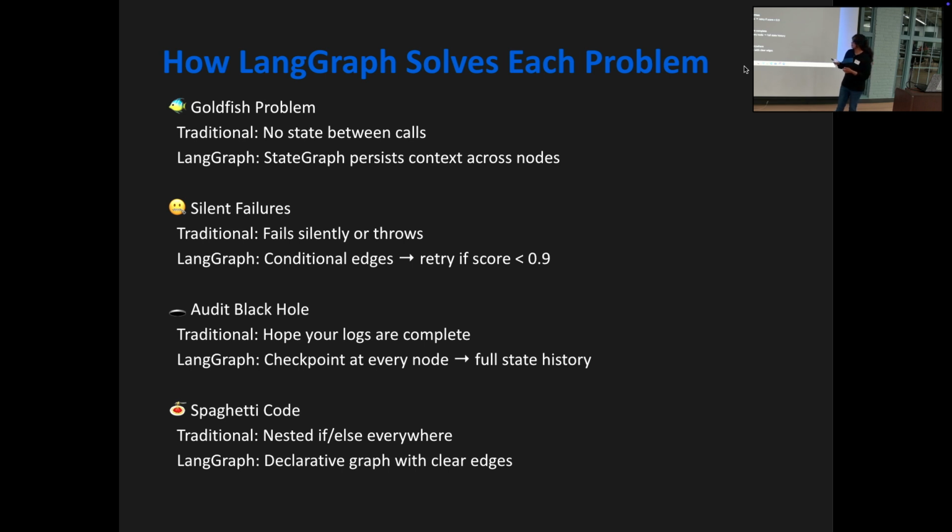Thirdly, the audit black hole. Like I mentioned earlier, the regulators and the auditors love to find everything. So it's the best case scenario because LangGraph stores all the different traces and the documents that are used for the RAG. And finally, the orchestration layer. LangGraph is best at it.